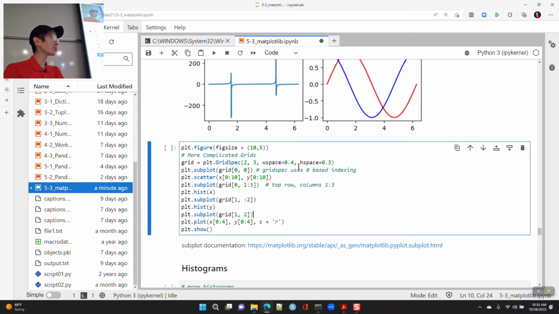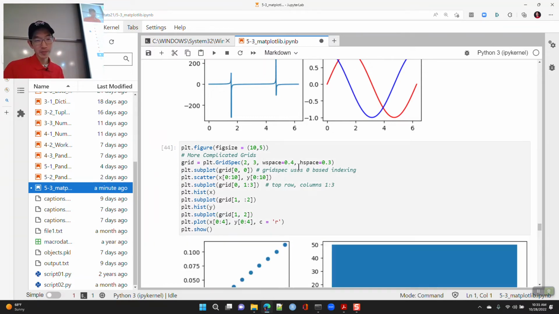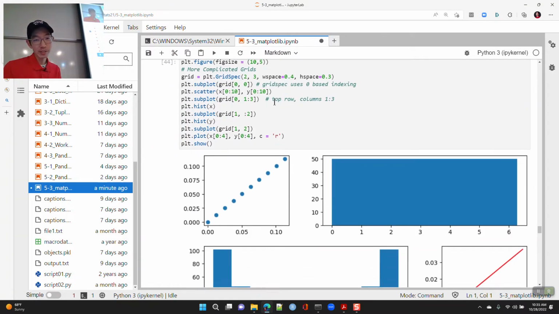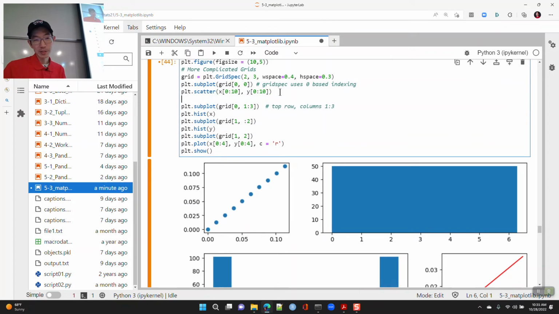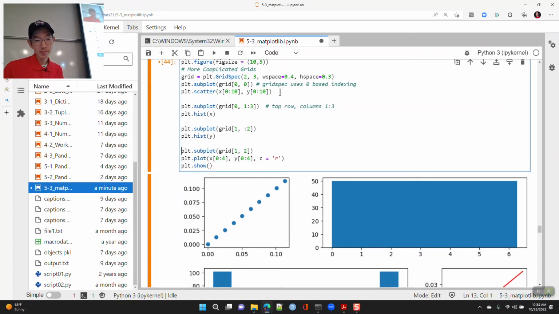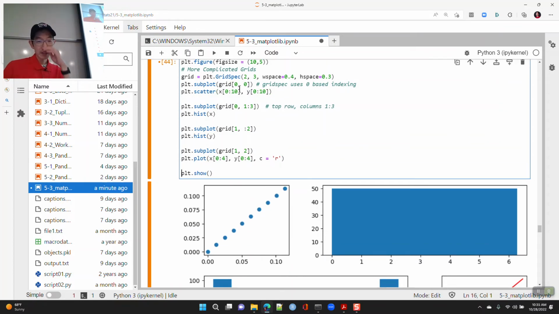So if you want the top left plot on grid spec, you do subplot grid 0, 0. So the top left is grid spec 0, 0.